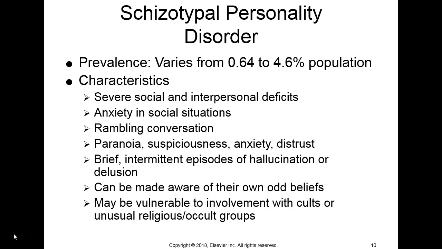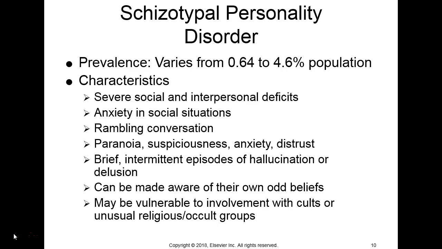So just to recap, if you read the article or the paragraph on page 455 in Varcarolis about schizotypal, they really talk about how these people sometimes come across as strange, unusual, they don't blend in with the crowd, they have odd beliefs, sometimes magical thinking. So let's see, there is an example of magical thinking. The person who says, "He caught a cold because I wished he would." Something like that, where you think that you caused something to happen. Or if I close the blinds in my bedroom, the sun will stop shining. That would be an example of an odd or magical belief.